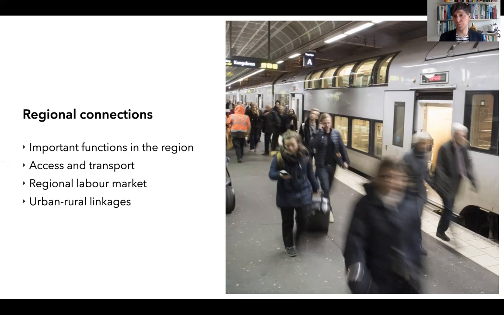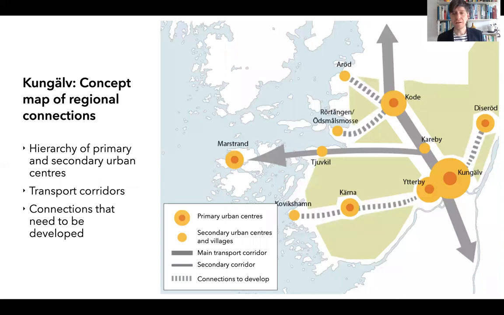The labor market could be regional. At least in Europe, it's very common that you would go by train or by car for 30 or 40 minutes to another city. You might live in one city and work in another one. So there might be a regional labor market that you can actually identify and map. And there are other kinds of urban-rural linkages, like just going out to beautiful areas outside the city on the weekend, or agriculture or other kinds of resources that are not in the city. So this is one example of that kind of mapping.